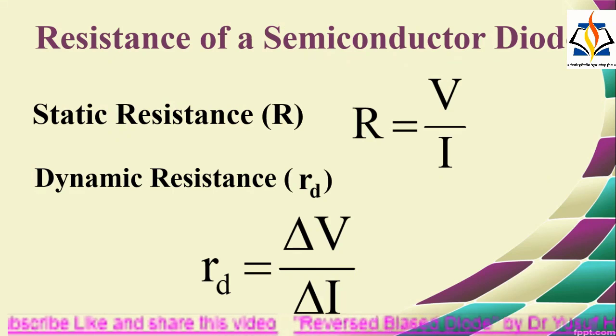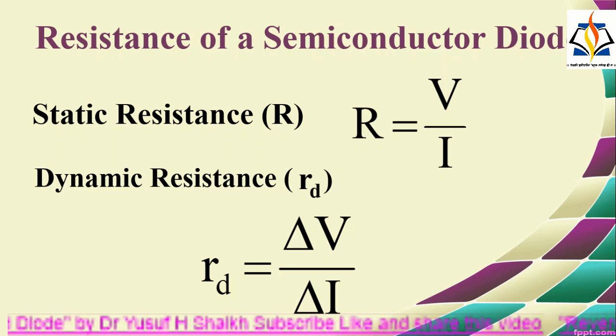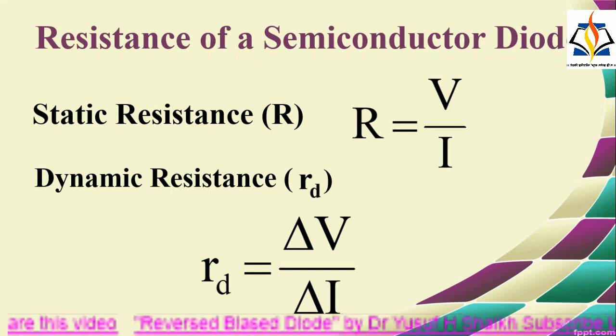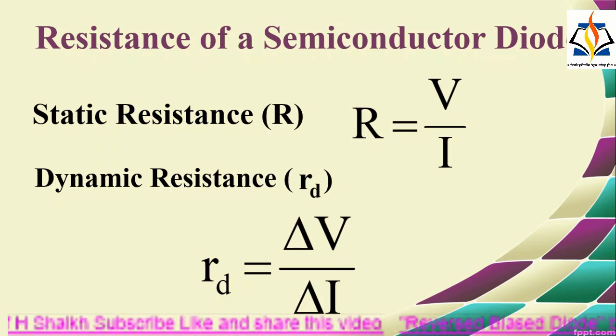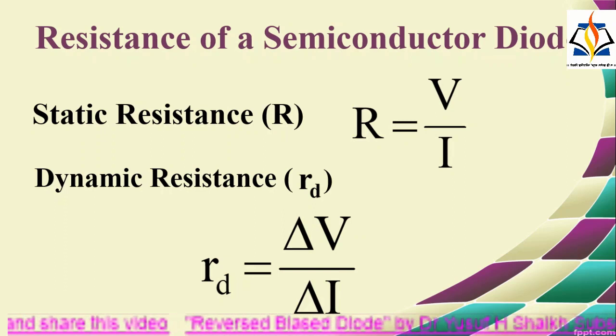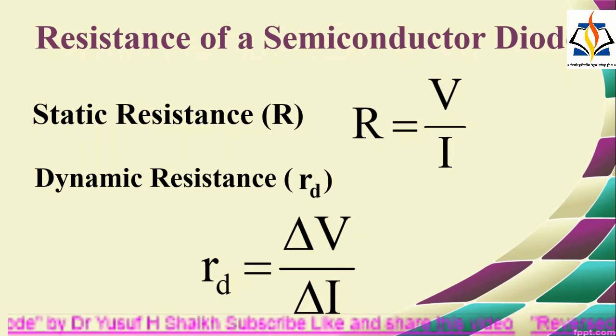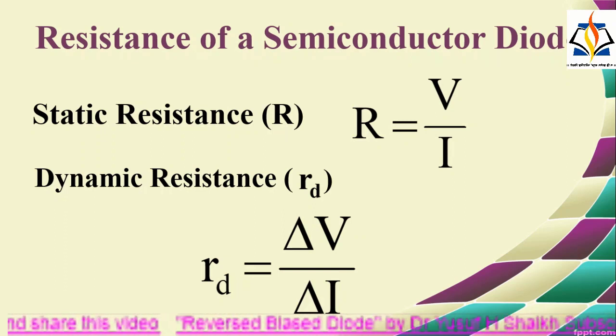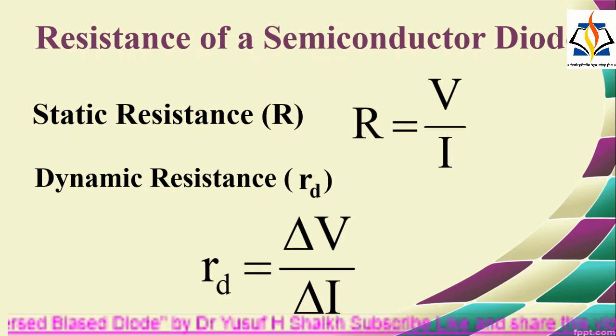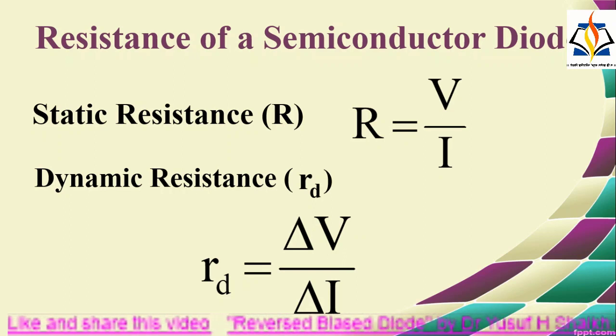Resistance of a semiconductor diode. Both the forward and reverse bias characteristics of a PN junction diode do not obey Ohm's law. Therefore, the resistance offered by a junction diode depends upon the applied voltage. A diode has two types of resistance. The first is static resistance R. The static resistance is offered by a diode when a steady DC current flows